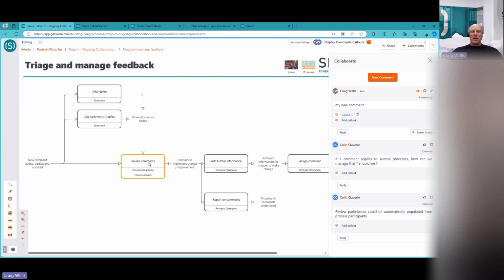So I put in a step there where somebody in that team should have that responsibility for going and reviewing the comments to decide whether something gets done about it. So, ideally you've got additional replies and likes to help understand the feedback better and whether you're going to do something with it. And then if there's a decision to implement something, the champion may add additional information, because what